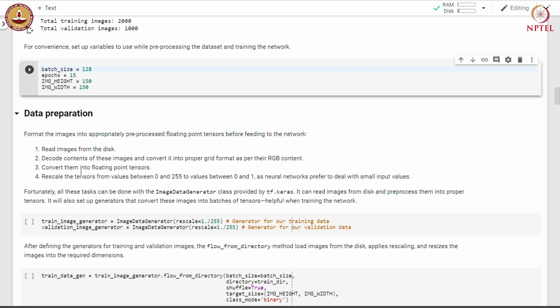So, we perform the following steps. We will first read the images from the disk, then we will decode the content of these images and convert them into proper grid format as per their RGB content. Then we convert them into floating point tensors, and then we rescale these tensors from values between 0 and 255 to values between 0 and 1.